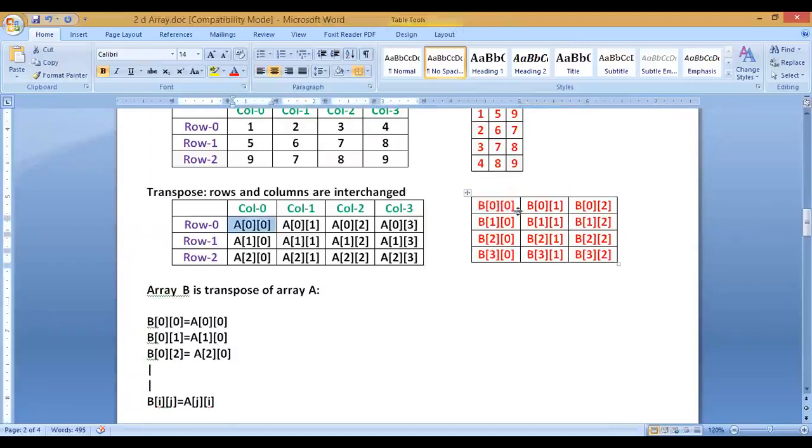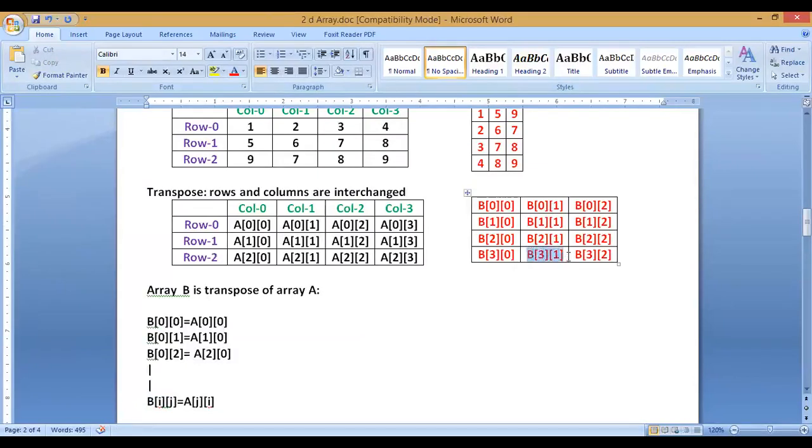Then my second element B01 is actually 5, but in the original matrix 5 was at A10, right? So B01 is actually A10. Then B02 is actually A20. In the same way, if I generalize it, then I can say that a general element in the B matrix, Bij, is the same as Aji, right? This is the easiest way to represent any element.